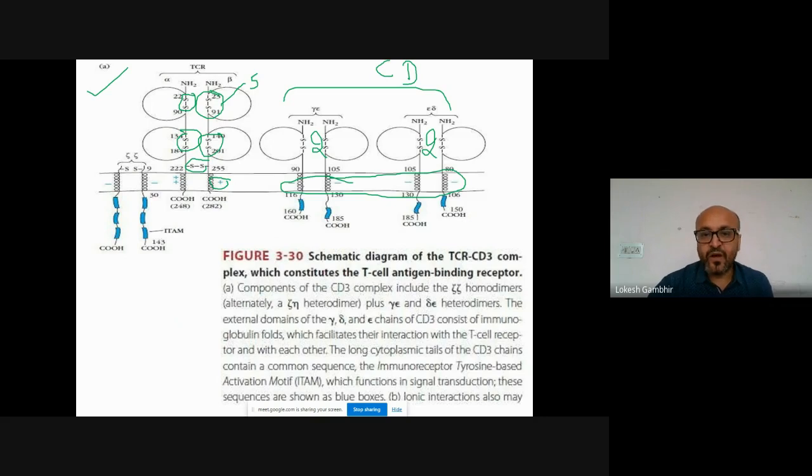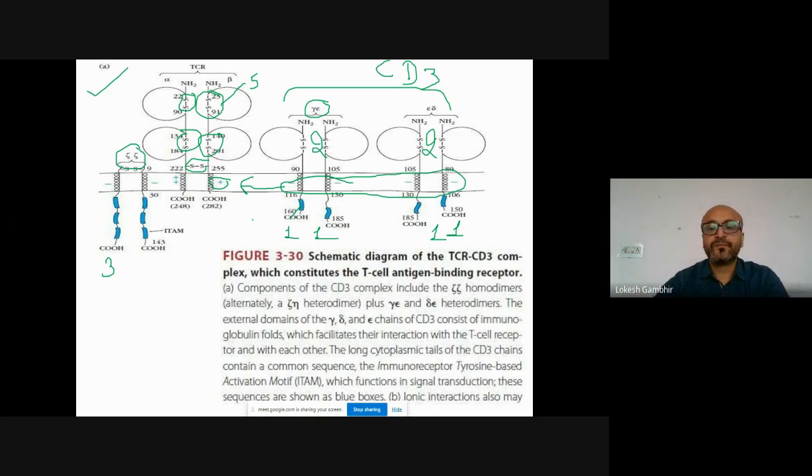Now that is the reason why these negatively charged domains are in close proximity to this particular T cell receptor. Then they contain multiple ITAM motifs. Please remember, the CD3 molecule, if you are talking about the heterodimer, contains 2. Each chain contains a single ITAM motif in the case of the heterodimer, whereas the homodimer of zeta contains 3 ITAM motifs in each chain. And these blue color regions are actually responsible for transferring the signal to the cytoplasm and